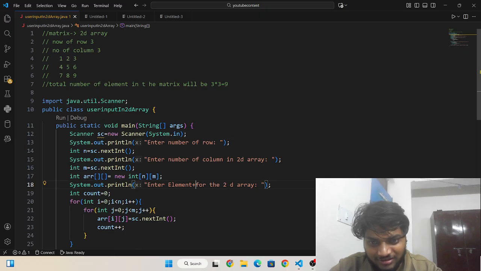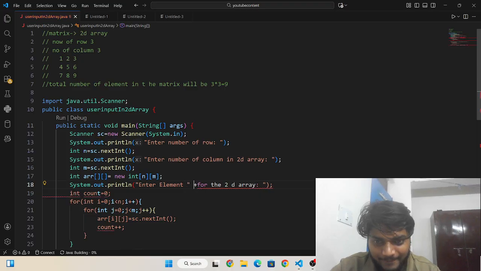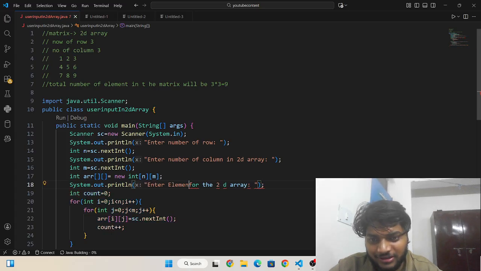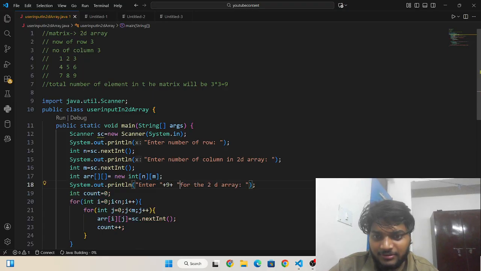Enter 9 elements for the two-dimensional array.